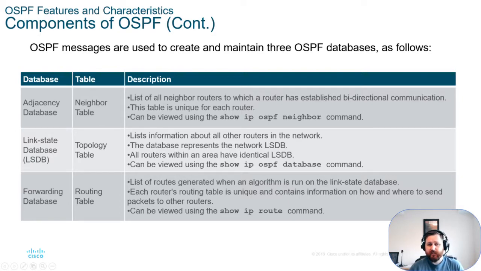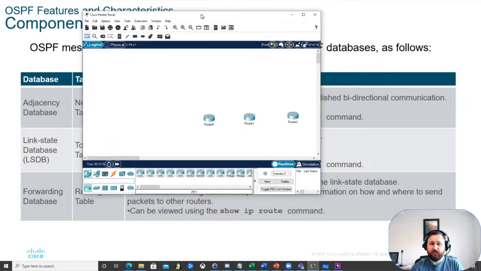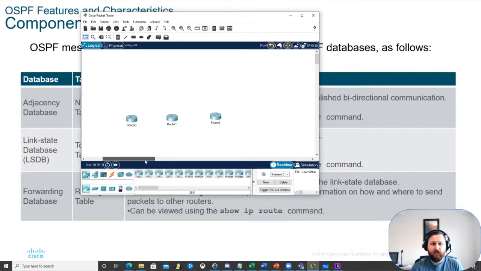So an adjacency database just determines who I'm directly connected to. So who is my neighbor in OSPF. So it's your physically directly connected links. So if we look at something, say like Packet Tracer, if I'm saying who are my directly connected neighbors in OSPF, if I hook up these routers right now,